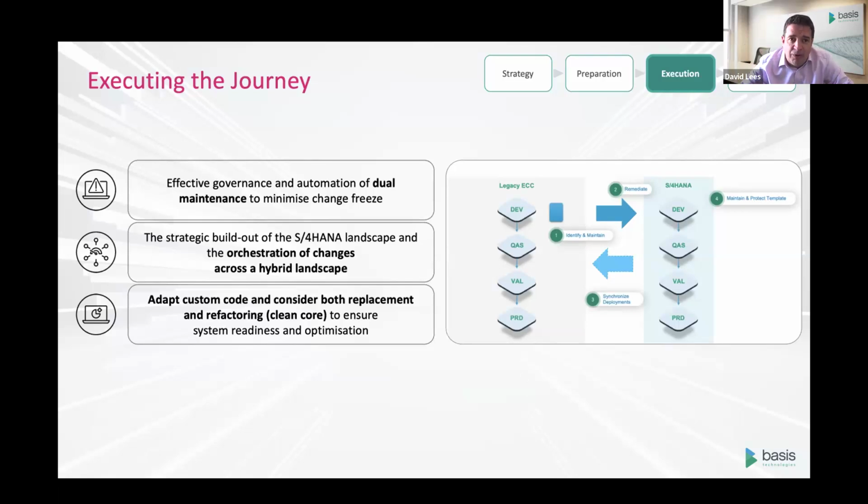Or are you going to go down the route of installing an empty S4 system as part of a greenfield approach? But think about, as that landscape's being built out, how are you going to be managing your lists of transports, your activities that you need to perform each time the next tier of your landscape is added? How are you going to manage that? How are you going to work through those activities from a project standpoint? Even more important if you're doing this in multiple phases or waves.